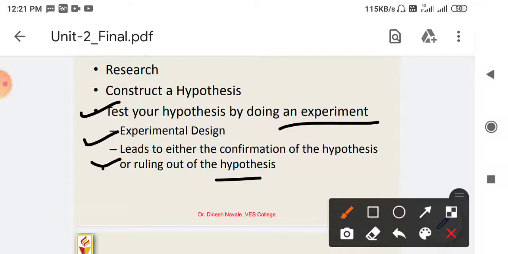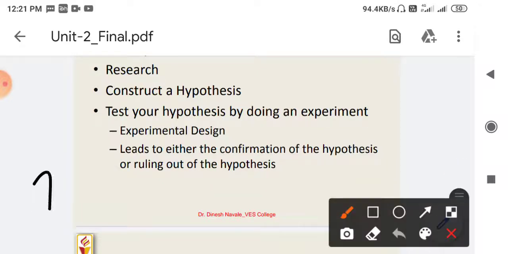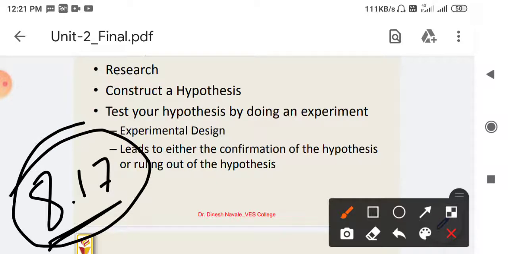Suppose I am doing the procedure and I get the pH of a water sample of around 5.00, or say 8.17. So does it make any sense for the expected pH? No, because we know that potable, or drinkable, water has a pH of around 7. So you should get a pH of around 7.